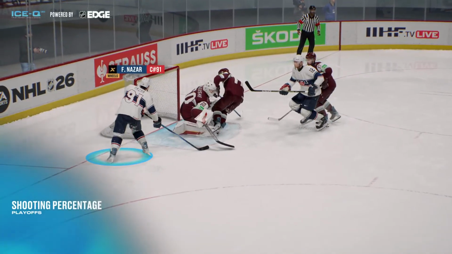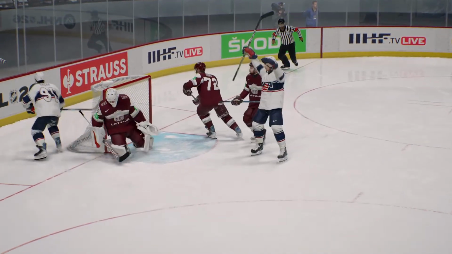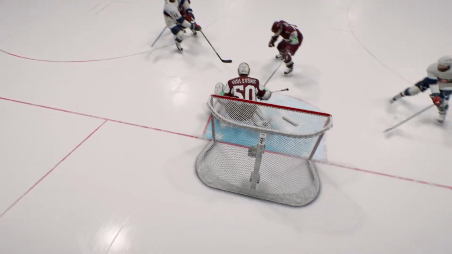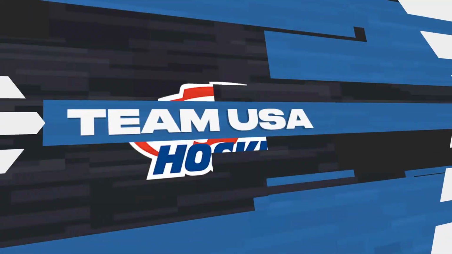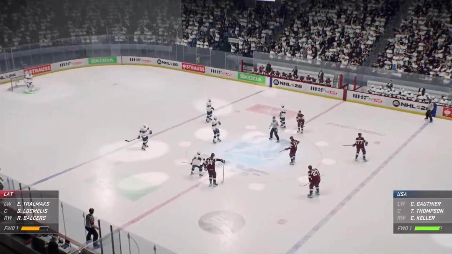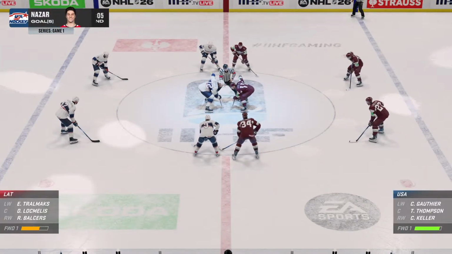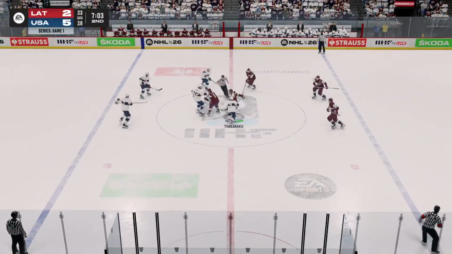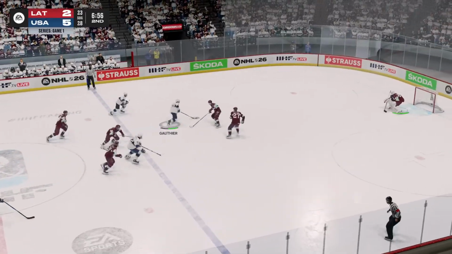Kicked away the initial try, and Frank Nazar was right there with a wide open net. Three-goal lead for the United States. They lead 5-2. 7 minutes to go here in the period.